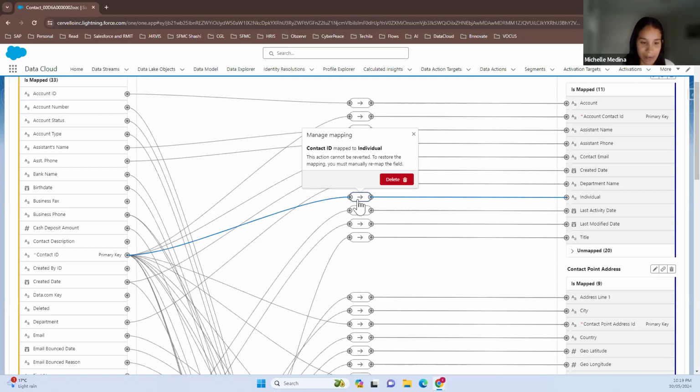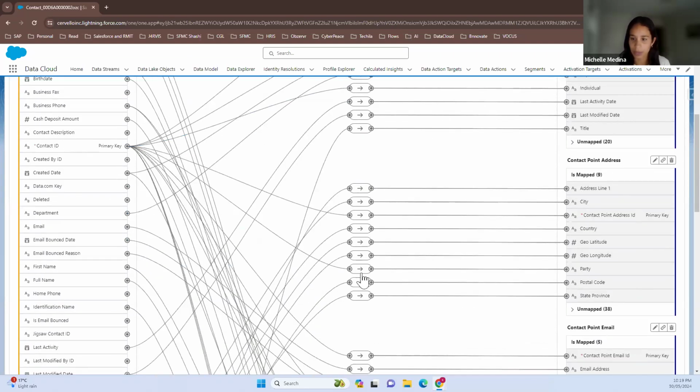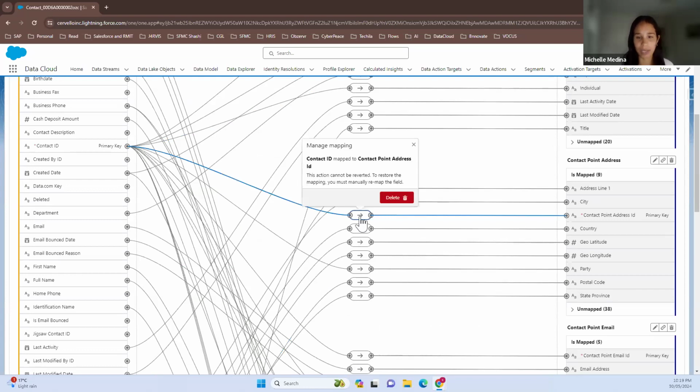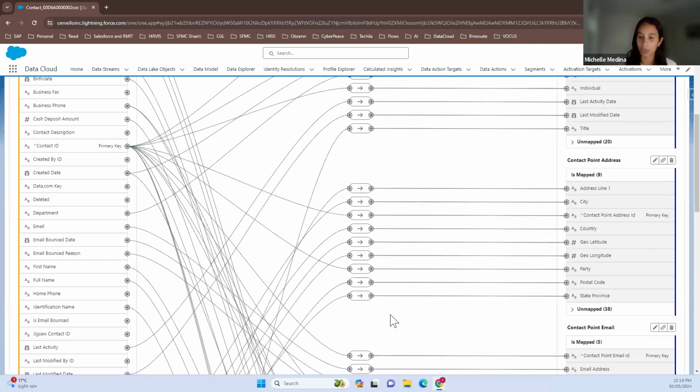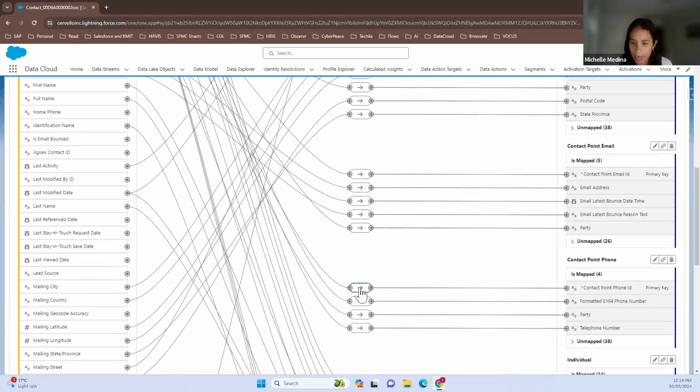And you can see that that contact ID is mapped to a bunch of different objects and a bunch of different fields. If you scroll further down to the right, you'll see the different objects that we've mapped to. The contact has address information that we would like to use in identity resolution and segmentation. So we've mapped that contact point address field. You can see the contact point email field as well. If you scroll all the way down,